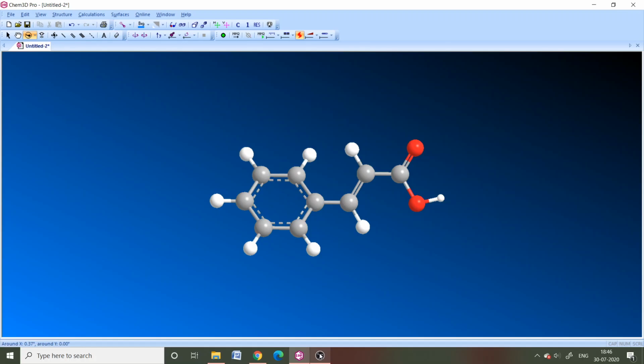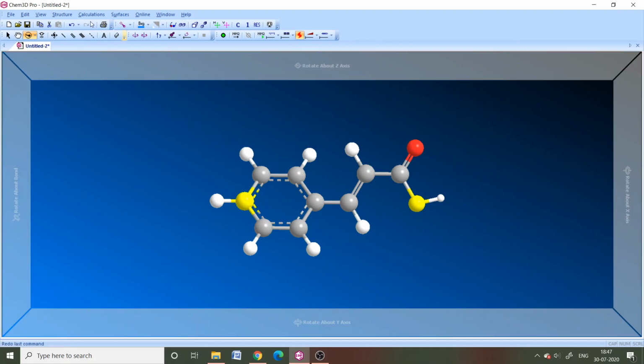First you have to draw the molecule of your interest, then measure the overall length of the molecule. That can be done by selecting this molecule and then the other one. The atoms present at the two terminals have to be selected. For selecting this atom, you have to click this along with the Control and Shift keys, then these two atoms will be selected. For clicking another atom you have to click it along with the Control and Shift keys together. So now these two atoms are selected.